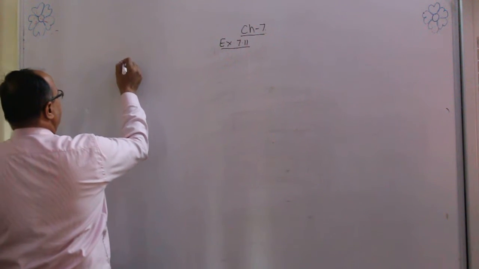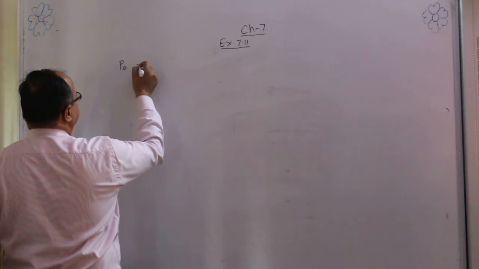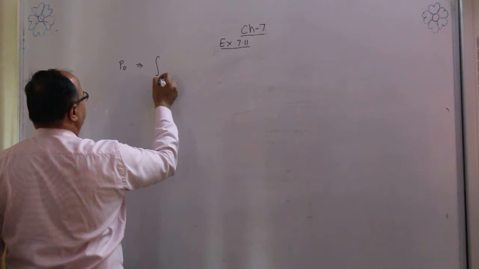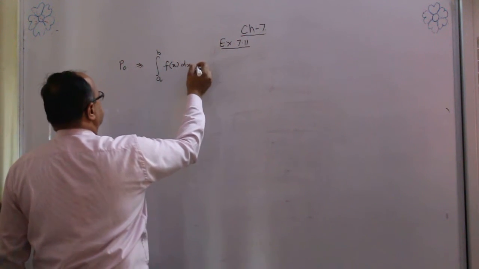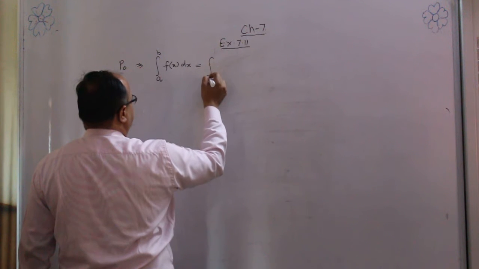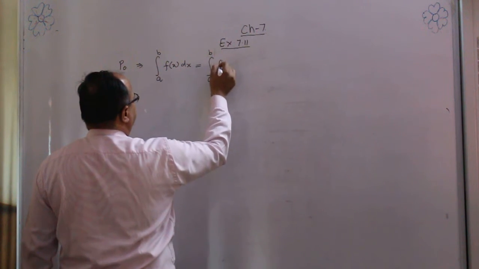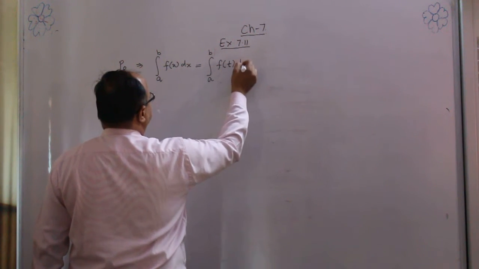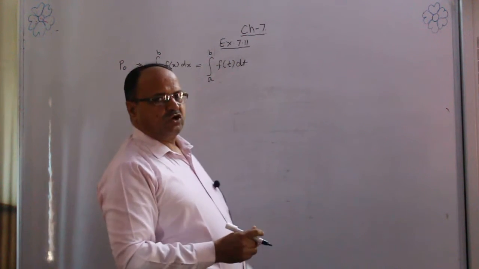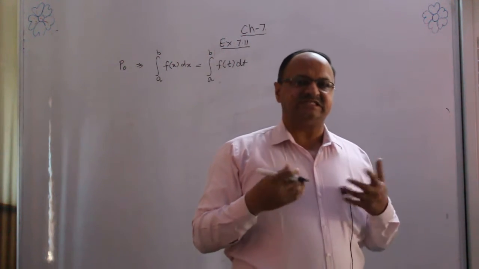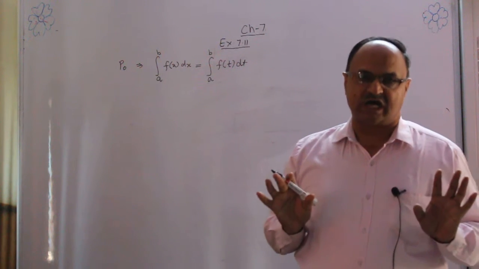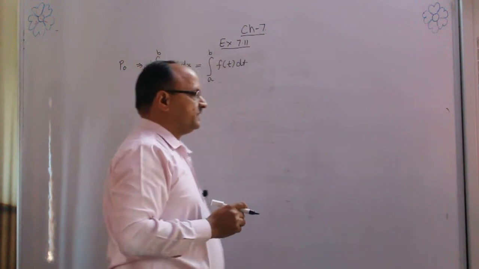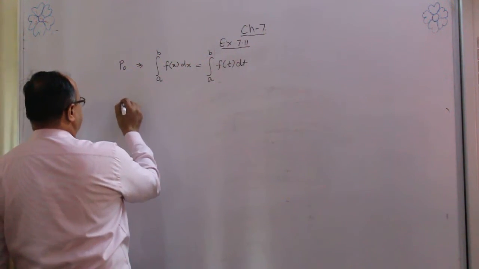First, the P0 property: integral a to b f of x dx equals integral a to b f of t dt. According to the first property, you can change the variable. If you change the variable, there is no effect on the answer. Second property, that is P1,